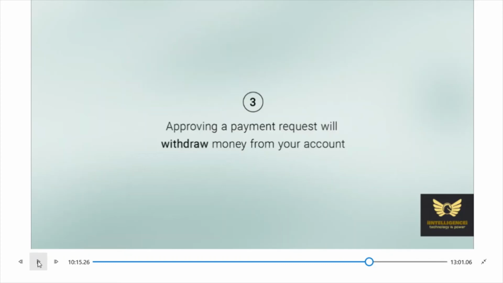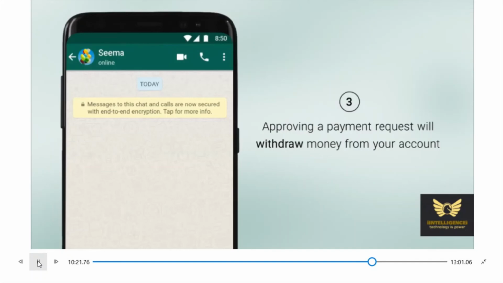Also, approving a payment request will withdraw money from your account. So don't approve any payment request that you receive unless it is from your well-known sources. See here, you may receive messages like this requesting from you, right?